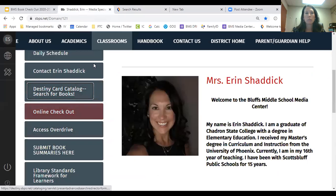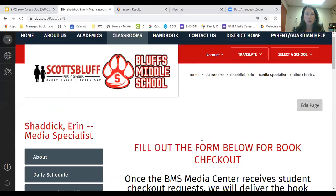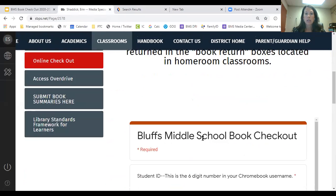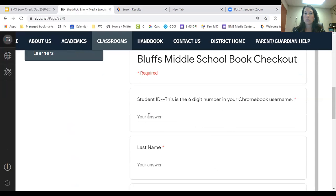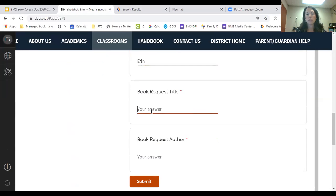When you're ready to check out a book, back on my website, you're going to go to online checkout. And this is going to take you directly to the form that you'll use to check out your books. So on this form, you're going to put your student ID. So that's that 6-digit number that comes right after your initials on your Chromebook login. So it's always going to be 6 digits. And then you're going to type in your last name and your first name,